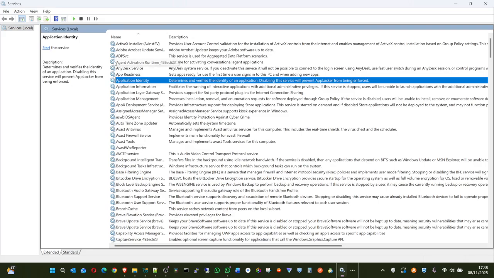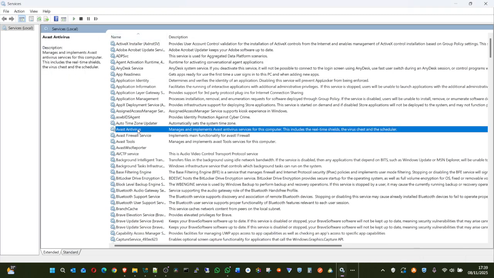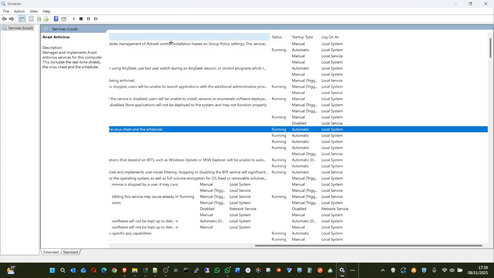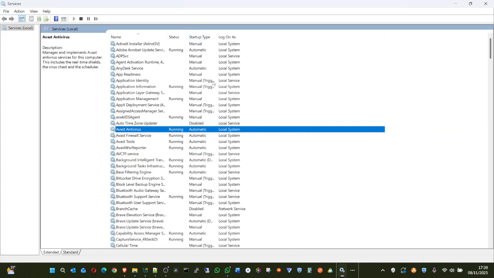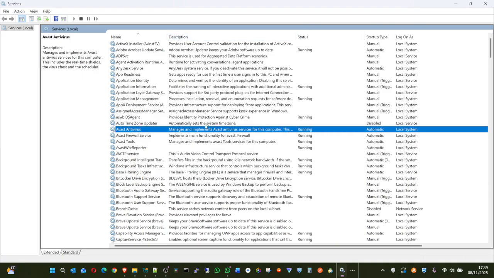For example, let's say I have, what's the name of this antivirus again? Avast. I can just go to Avast antivirus. Malware will come to places like Avast. So you can see Avast says it's running. But if I come here, for security purposes, I can't even stop it. I can't start it. That is why it is good.